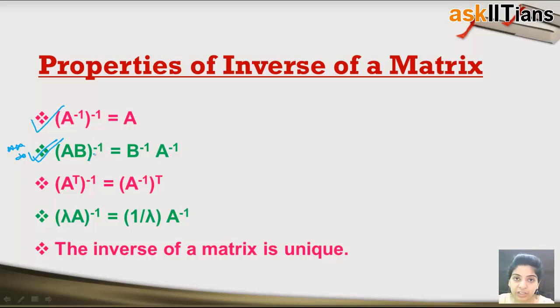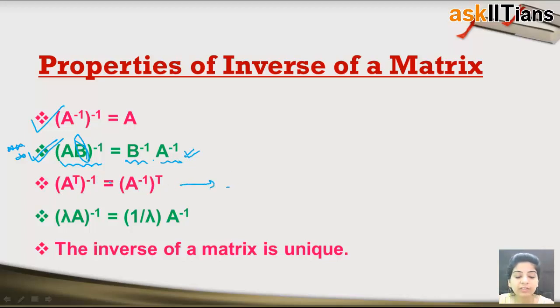The inverse of product AB is equal to B inverse into A inverse. When you have to compute the inverse of a product, always remember that that will be equal to individual inverses, but the order becomes opposite. What do I mean by that? If you are to compute AB inverse, then you will write B inverse into A inverse. It is not A inverse into B inverse, it is B inverse into A inverse. Do remember this.